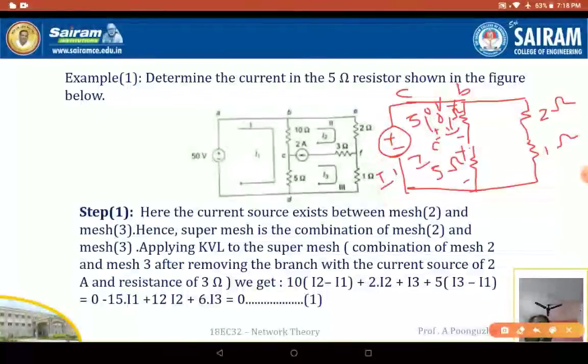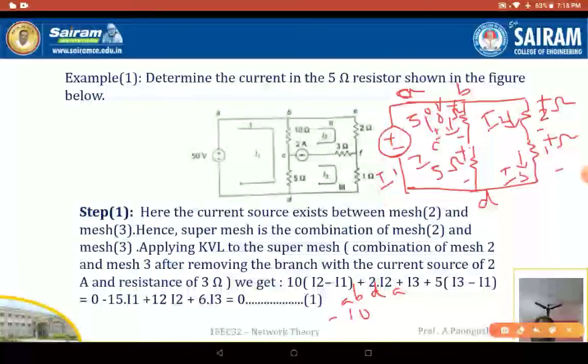In this loop the current is going to be your I2 current, and here it is going to be your I3 current going like this. So now to consider the first loop. The first loop is nothing but your A, B, this is your C, this is your D. So the first loop is going to be A, B, D, A. If I consider it from here to here, it is minus